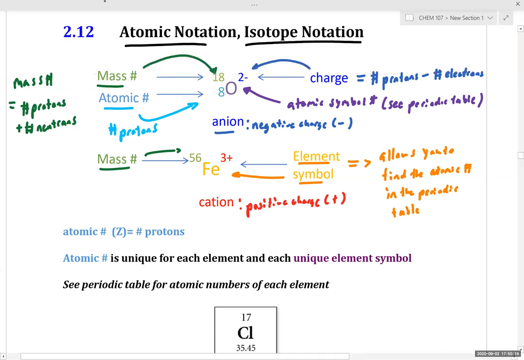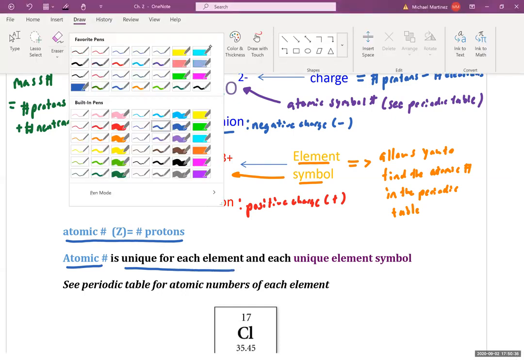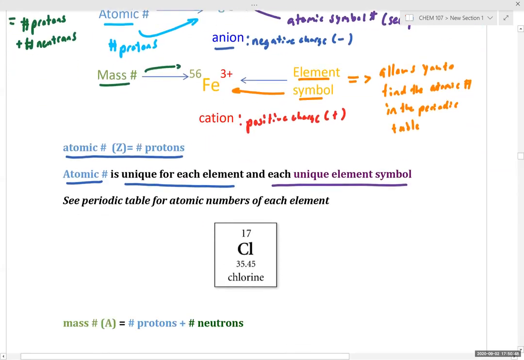So let's start with the easiest one, the atomic number. The atomic number indicates the number of protons that our atom has. Atomic number is unique for each element, and it's unique for each element symbol as well. It's a little redundant, but in isotope notation, it's easier just to look at the element symbol to identify the element. So, for example,